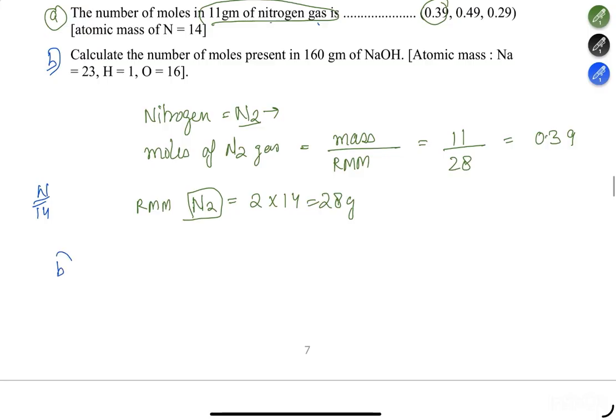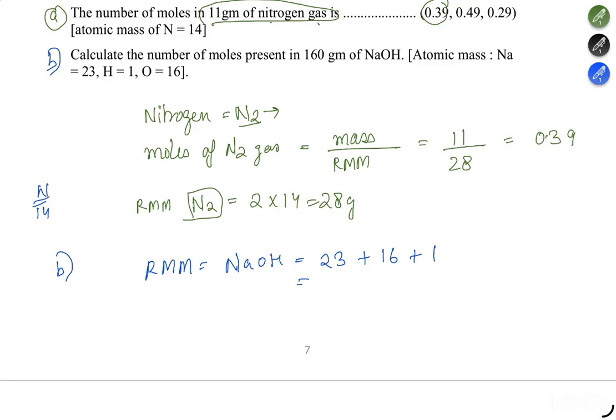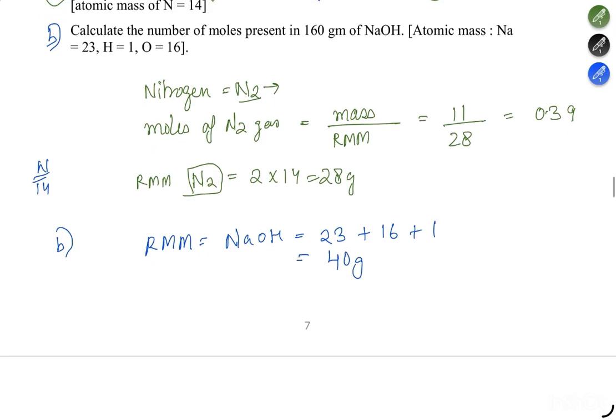So to calculate the number of moles in 160 gram, we need to know the RMM of NaOH. The masses will be given: 23 plus 16 plus 1. You will get 40 gram. Now my calculation is a direct step where I can find out the moles of NaOH